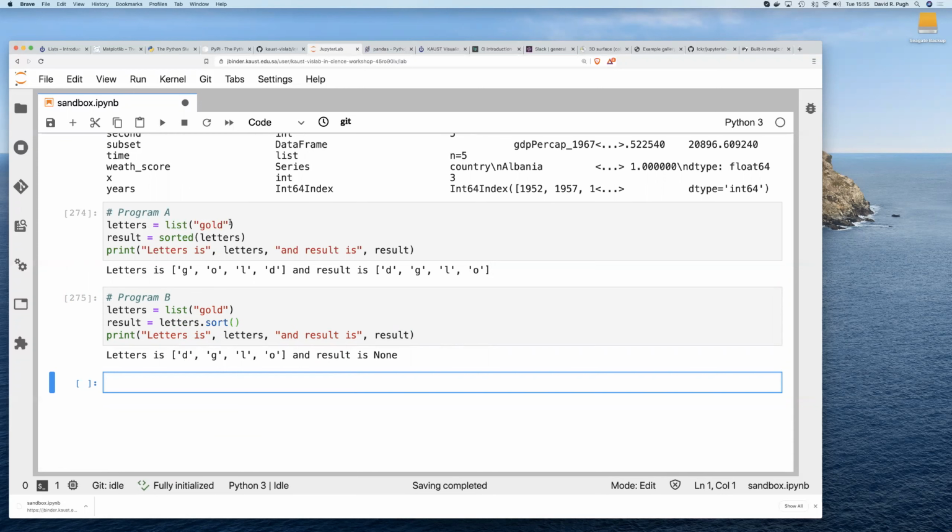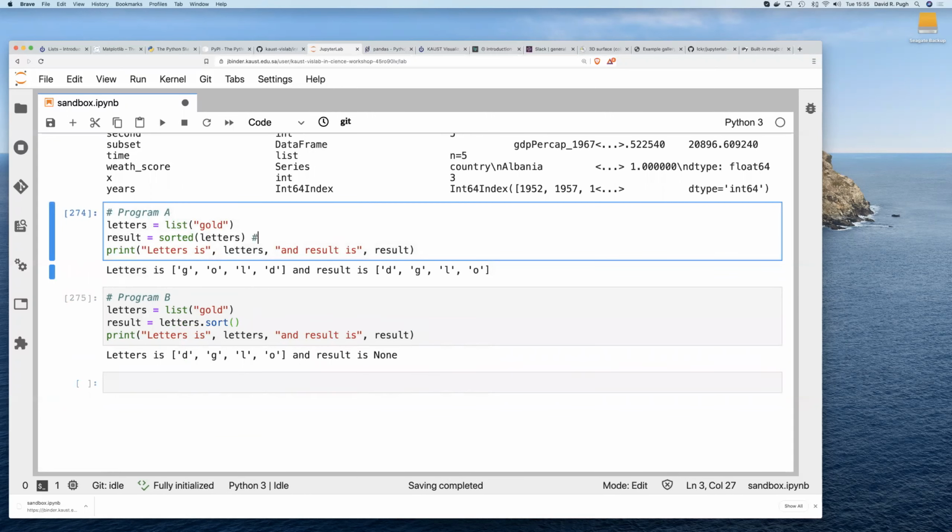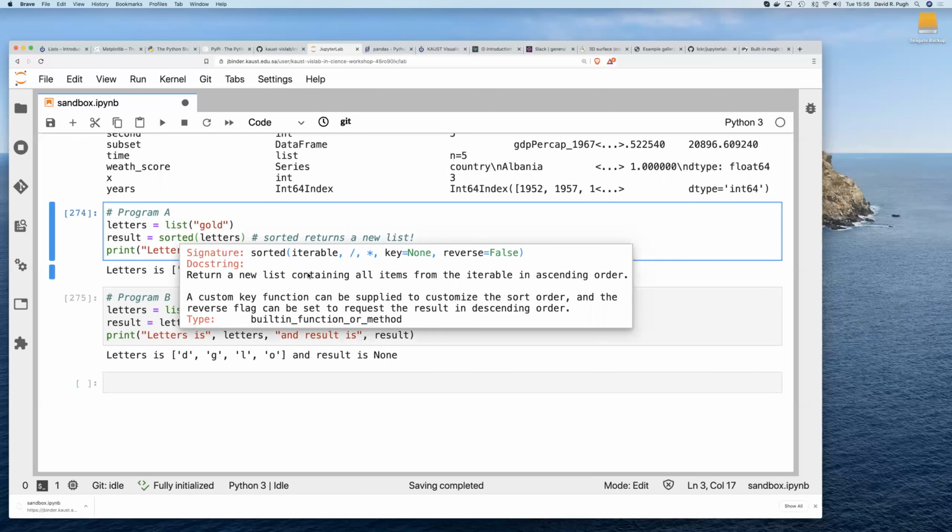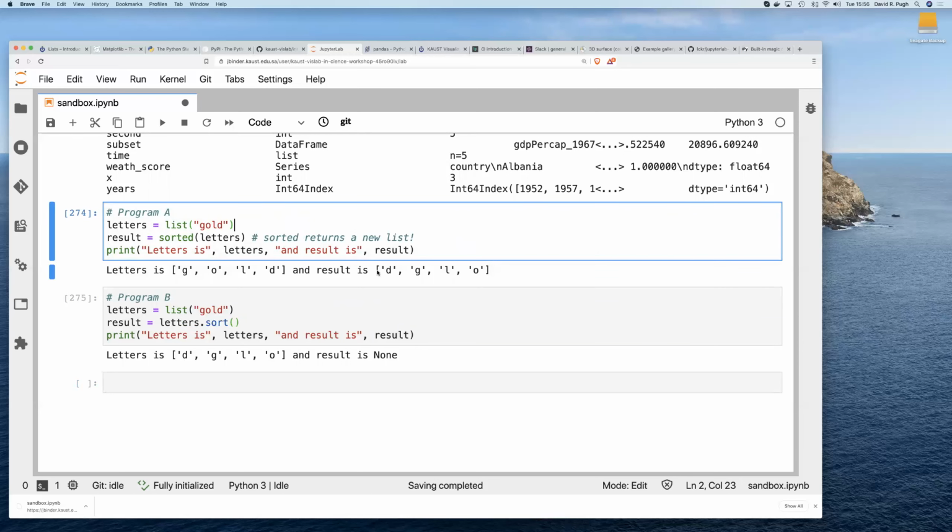And what's going on here is the sorted function returns a new list. If you were to go and look at its documentation, it says it returns a new list containing all items from the iterable, and there are many kinds of iterables, the list is just one, in ascending order. So that's why it does not modify the existing list, it just returns a completely new list. So letters is the original list, and result is a completely new list that's been sorted. Whereas sort